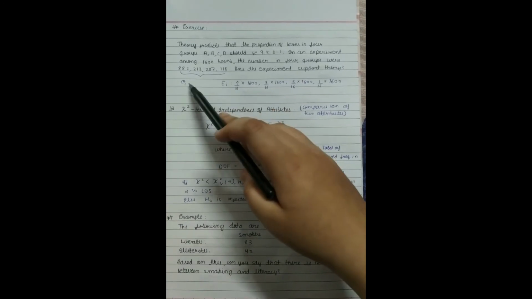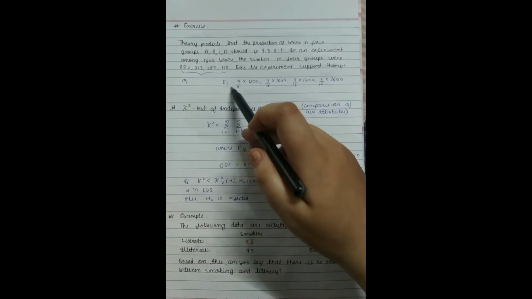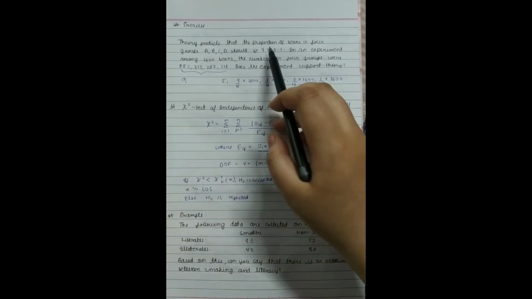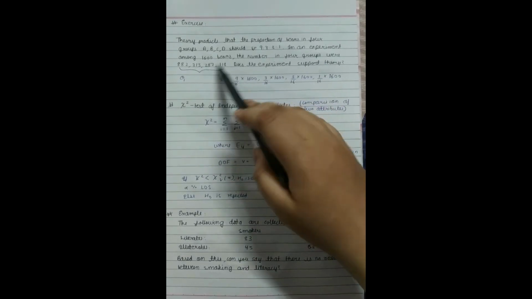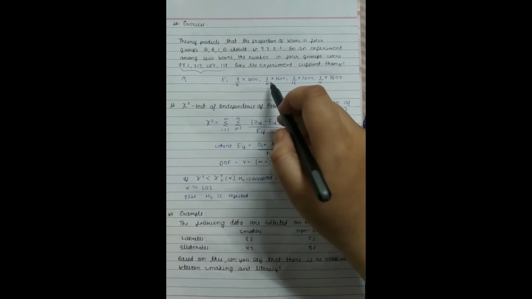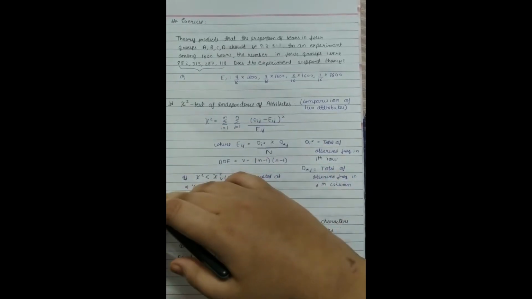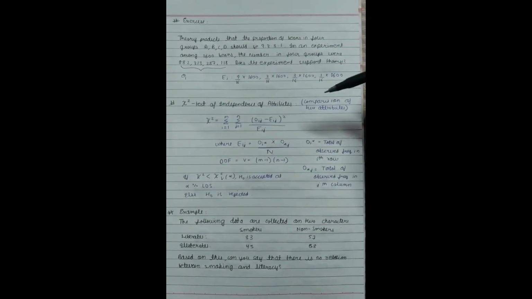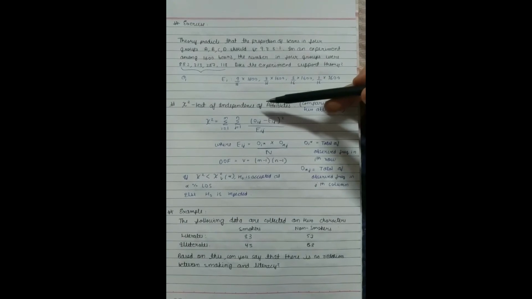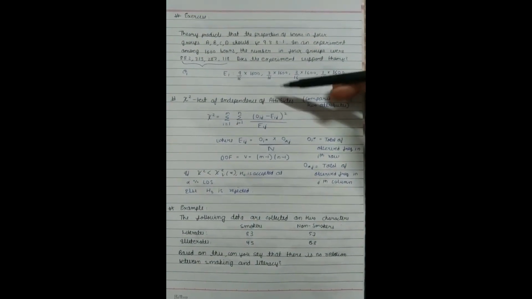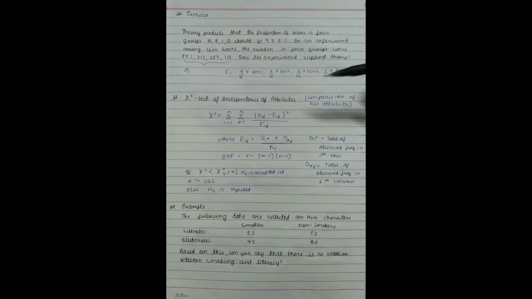So these are observed frequencies, and expected frequency would be calculated using the ratios and the total of these, that is 1600. So you can calculate and apply the formula just as in the previous example. Moving on to the further topic, that is the independence of attributes under the chi-square test.